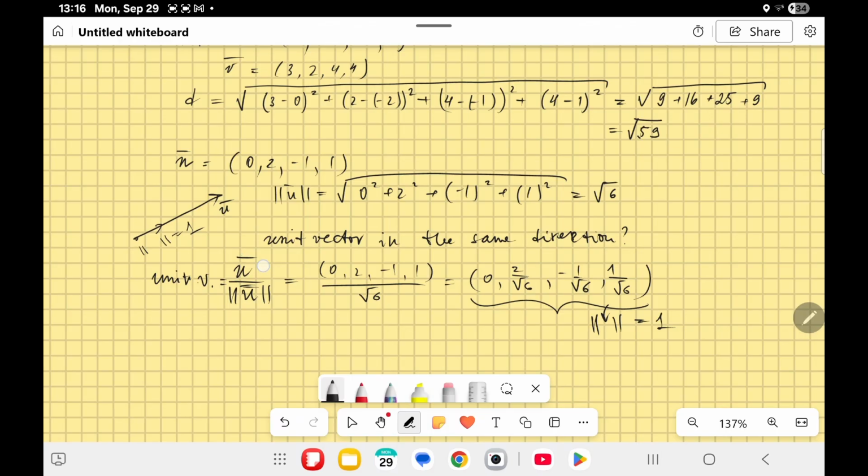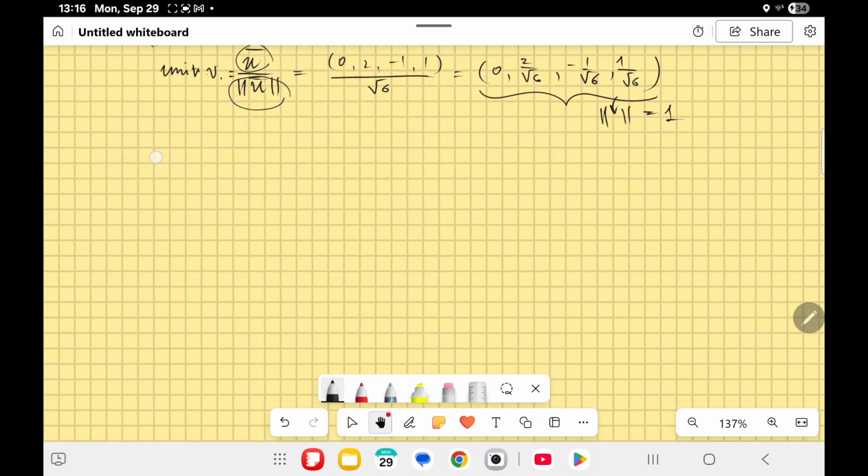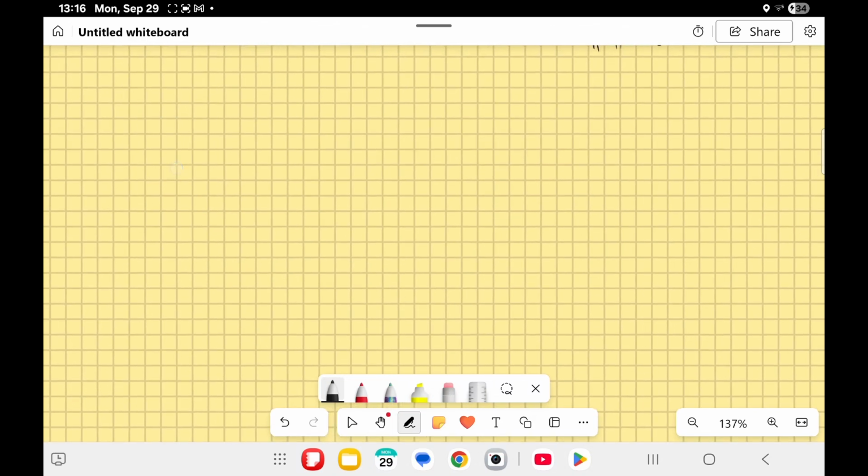And what we do, we just take our vector and divide by the length of it. This way we are going to turn it into a vector of length 1. You can literally just check: square each component and you're going to see that the length of the vector is equal to 1. Okay, and we are going to move to our last section, which is going to be section 3.3,